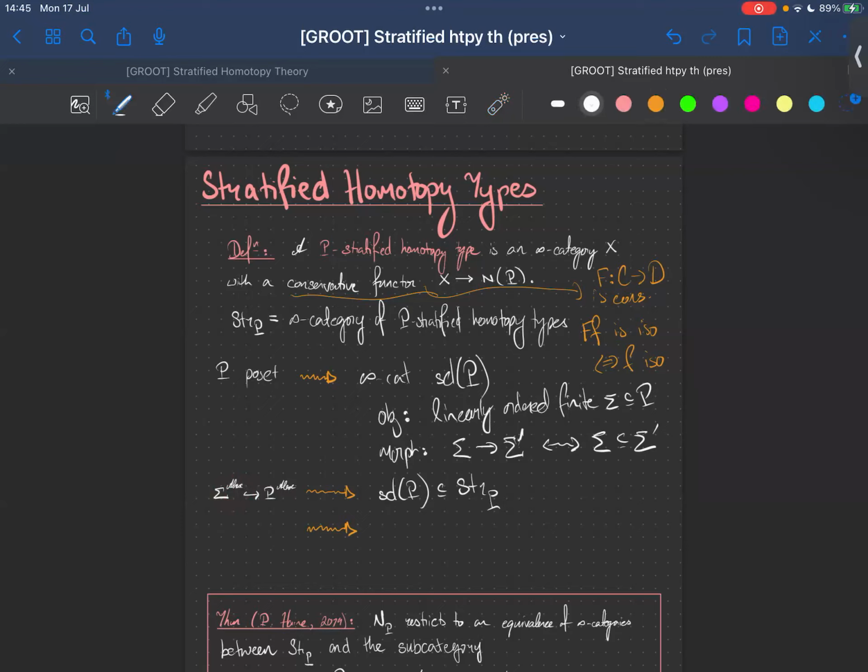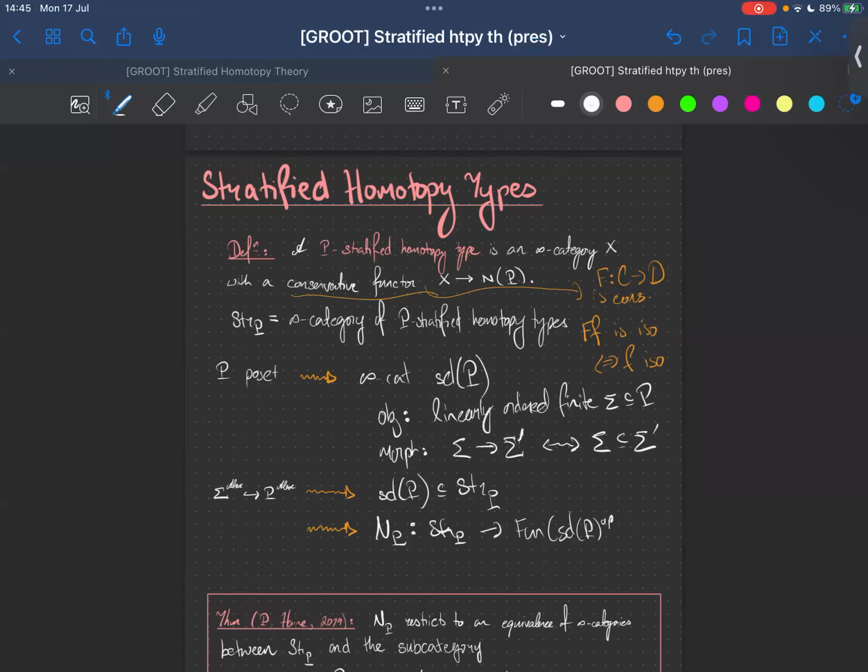And so we can restrict this inclusion here, and we can get something that I'm going to call the stratified nerve, which takes a stratified homotopy type as defined up here, and gives you a functor from SDP